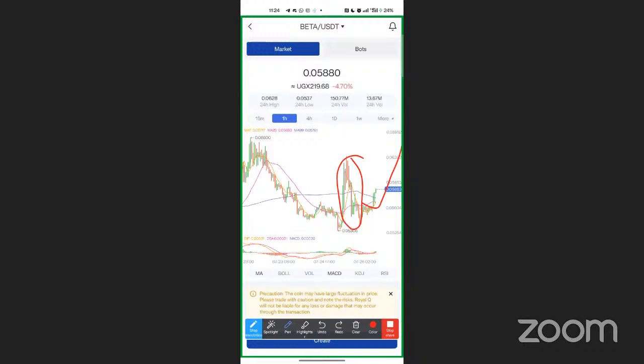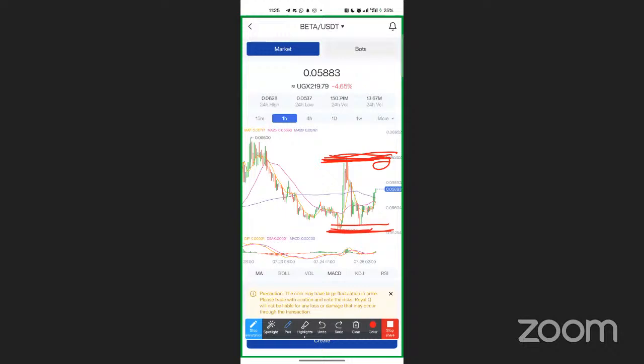Now, area of focus. If I'm trading this coin, my area of focus is from this area to this area. The market is being supported here and resisted here. So my area of focus is here, here and here. Once the market reaches here, I must be out of this trade. Am I clear for the person who asked about area of focus?